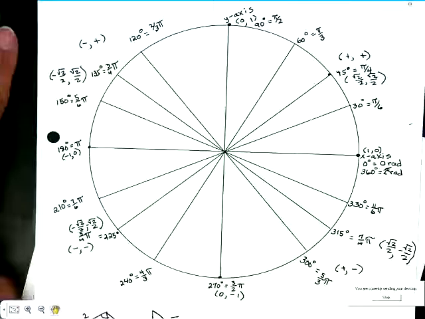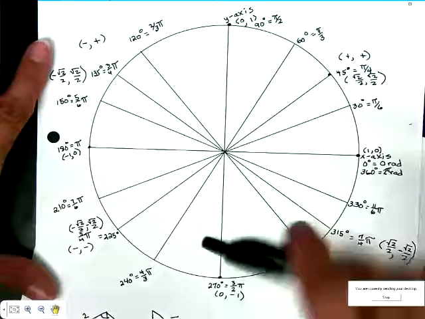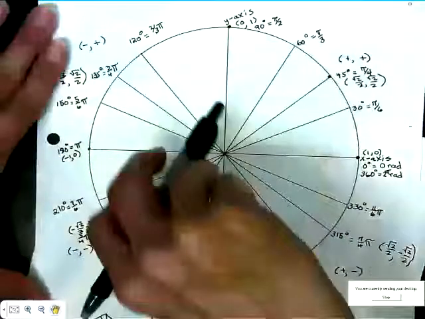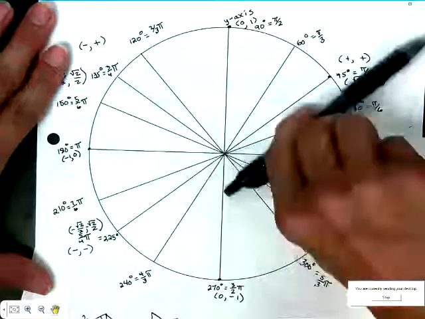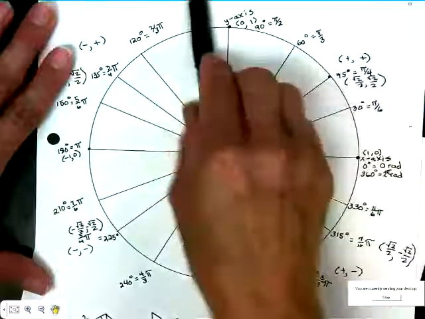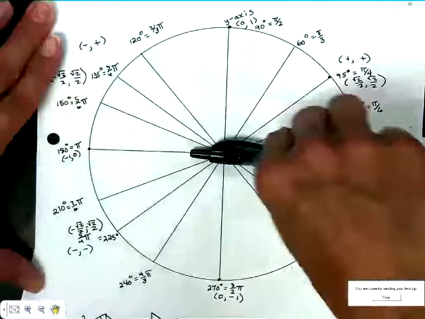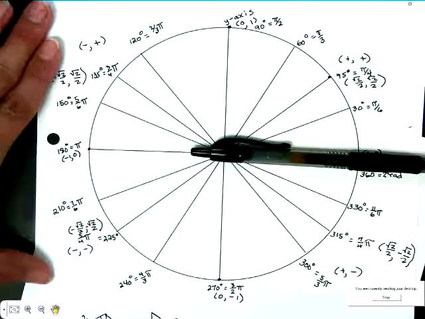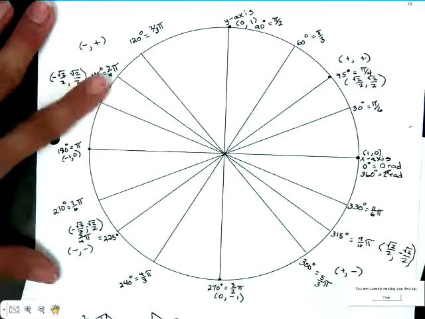So here's what you're going to get really good at. Going around and around that circle, going 1/4, 2/4, 3/4, 4/4, 5/4, 6/4, 7/4, 8/4 for your quarter pies. And then 1/6, 2/6, 3/6, 4/6, 5/6, 6/6, 7/6, 8/6, 9/6, 10/6, 11/6, 12/6 for your pi over sixes. And all that's left is these ordered pairs at the multiples of 30 degrees, which should be this